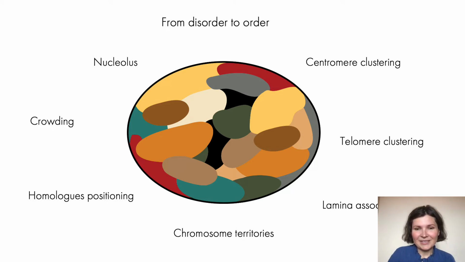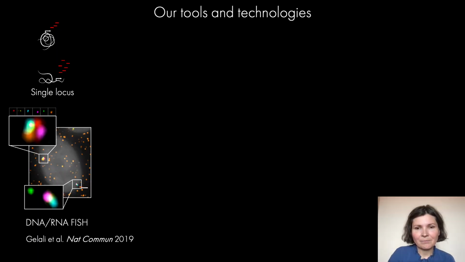We still don't know, for instance, how the individual arrangement of chromosomes and subchromosomal regions differs from one cell to another, or between different tissue types, let alone what are the driving forces that lead to a certain arrangement of chromatin in 3D. And so in recent years, my lab has been developing various methods, various tools and technologies